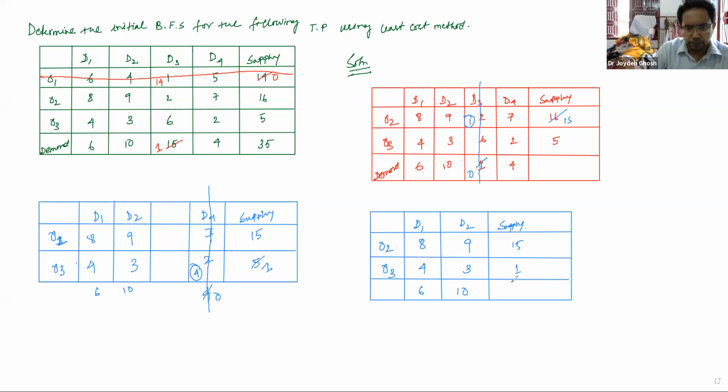Fifteen and 1. Now, which is minimum? Three is minimum. So I look at 1. So this is right now 9. So this is already exhausted. So what is our final table? Final table is